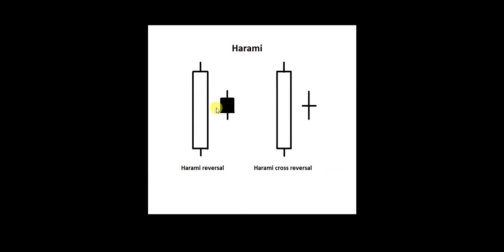Okay, guys, mother and child. So the harami candlestick means that the second candlestick is inside of the mother. So the first candle should be a big candlestick like this, big body, can be Marubozu or